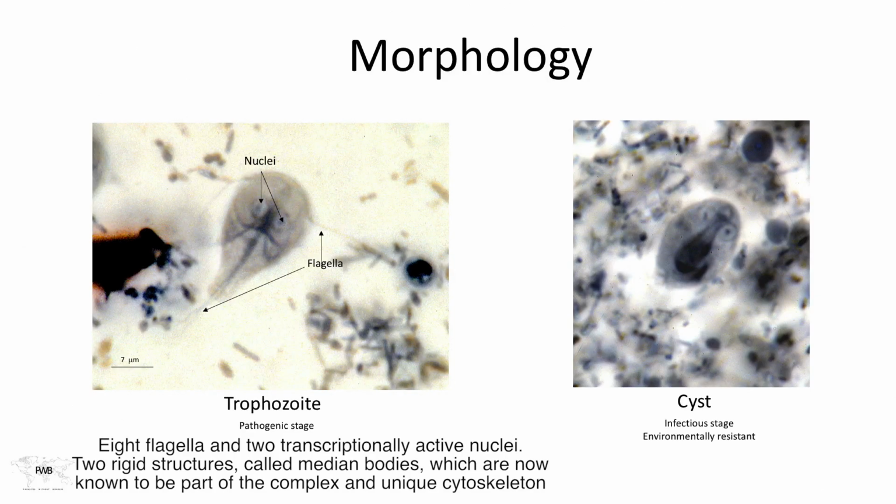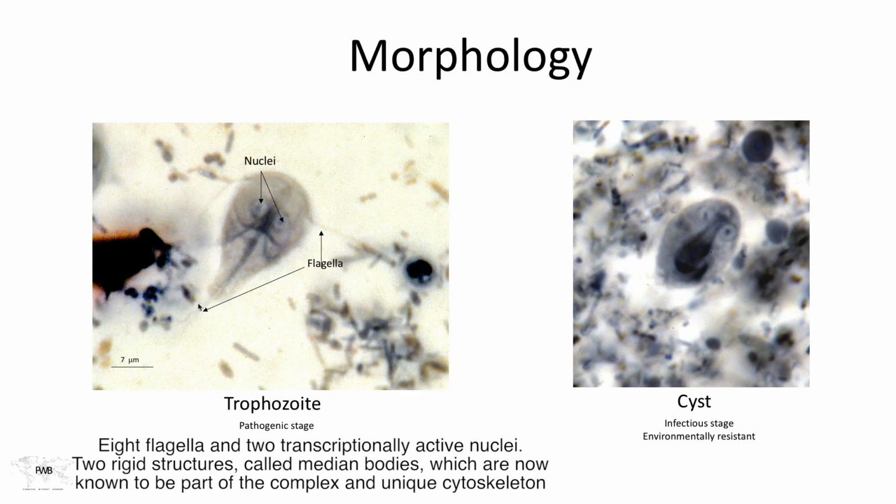So let's see a little bit about this parasite. First of all, it's a single cell because it's a protozoan, but it's one of the few protozoan parasites of humans that actually has more than one nucleus. And they're both transcriptionally active. So you see here depicted those two nuclei very nicely in this sample of stool that was taken from an infected patient. Here is the pointer on both of those. You can see the flagellae, although they're harder to see, they're still there.